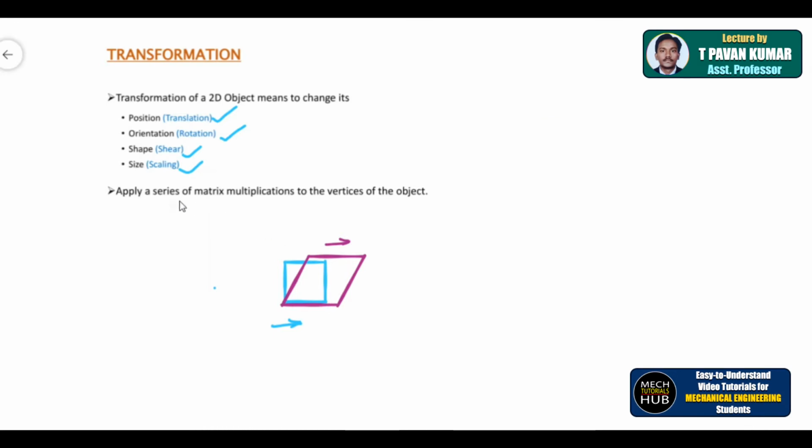Okay, so for that also we have a matrix given. Okay, this will take place. So unless you have all these tricks or icons or design tools in any of the modeling software, as I said in the beginning, it becomes very tough, an impossible thing, to design any entity with such flexibility and user friendliness. Okay, now here I have added one more point: apply a series of matrix multiplications to the vertices of the object.